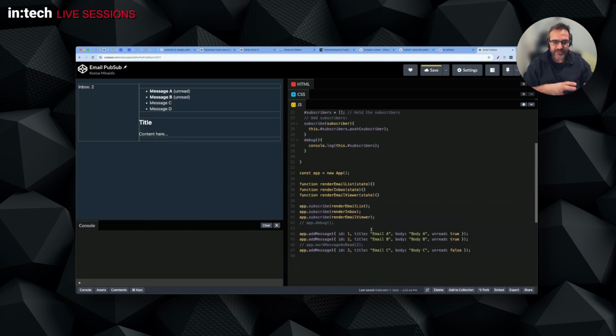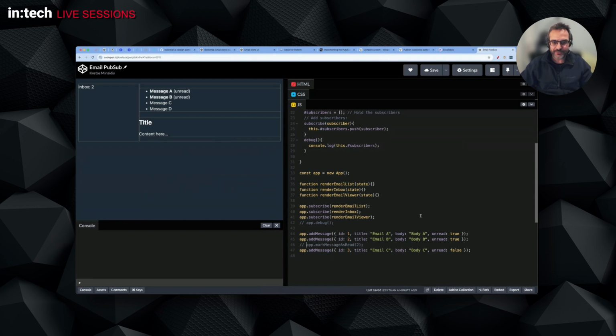So I'm going to subscribe so that we start with some empty data, some empty messages, and then I'm going to start adding some data to the app, so that the app notifies and publishes this data to the three subscribers. So after line 47, what must happen here is that the app should notify the subscribers that a message was added, another message was added, and yet another message was added, 3 times. Okay, so every time the data changes, we need to